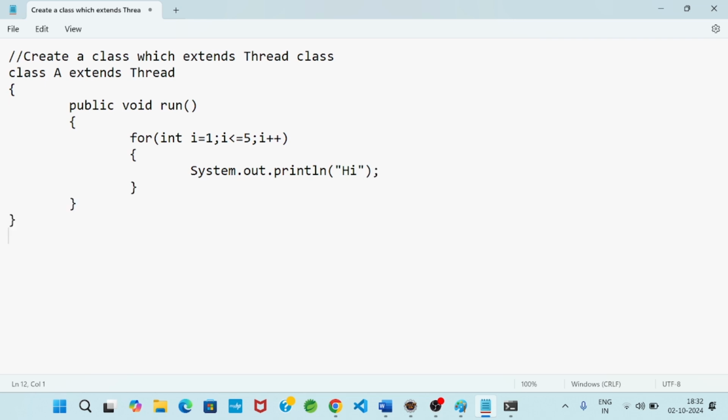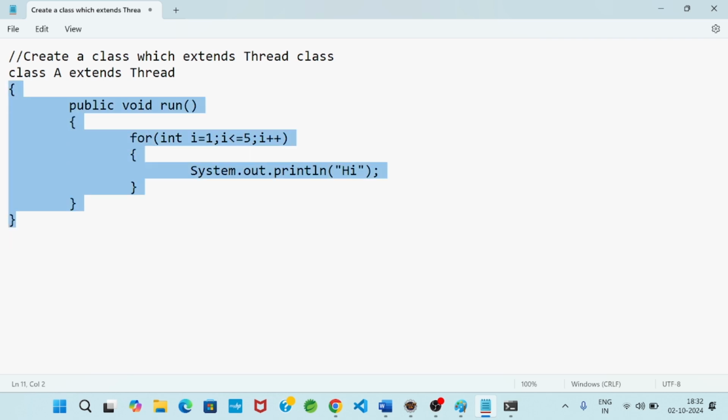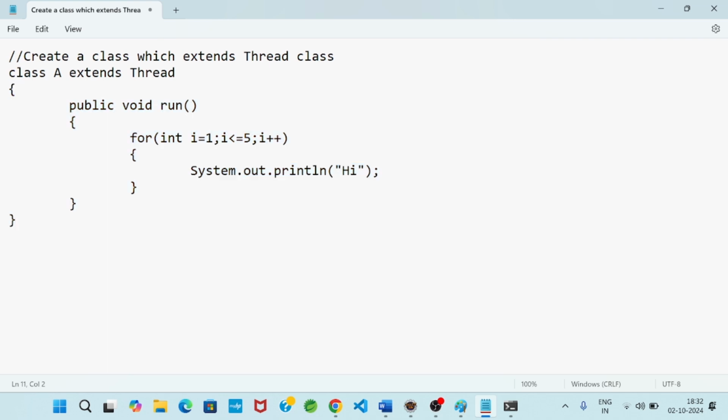Now A is a thread. From this to this is the full definition of a thread, and the run method definition represents the job, the task. It represents that 5 times hi will print.